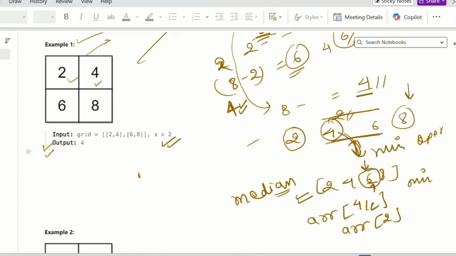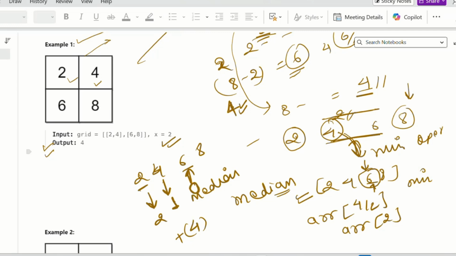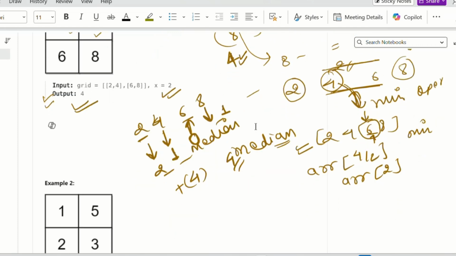which I can select to change all values to that particular value, and I can get the minimum operations. So in this case, with 2, 4, 6, 8, 6 is the median for us. If I try to change all values to 6, how many operations are needed for 2 to become 6? We need to add 4, and at one time we can add only plus 2, so we need to add plus 2 two times. So 2 operations. In case of 4, 1 operation. We already have 6, so 0 operations. For 8 it requires 1 operation. So in this case I am getting 4, and 4 will be the minimum number of operations. So 4 will be our answer.